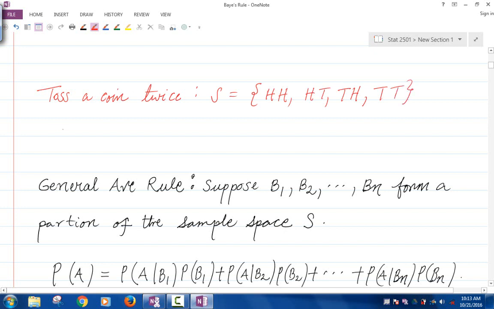Now if I take the events A to be the event of getting 2 heads, B is the event of getting 2 tails, and C is the event of getting exactly a head and a tail,